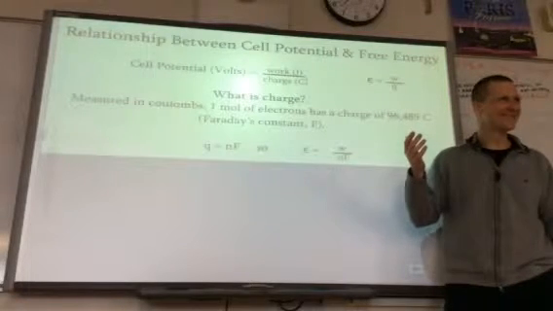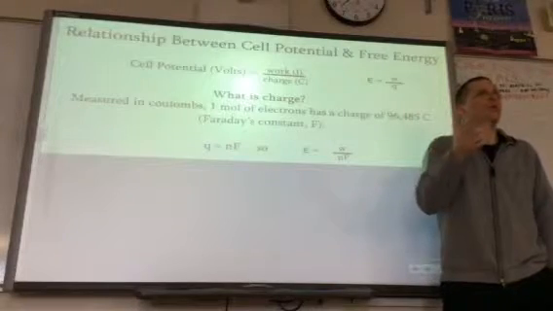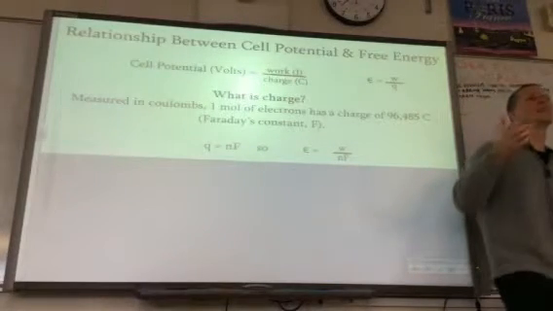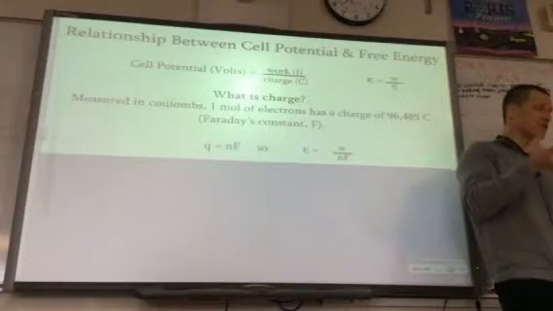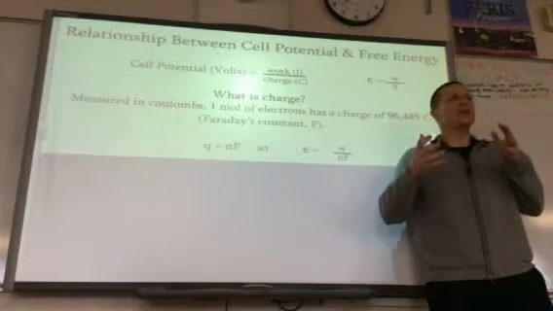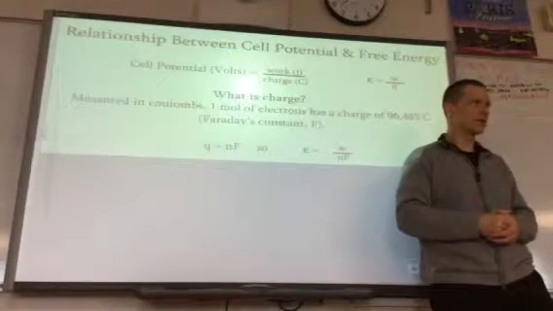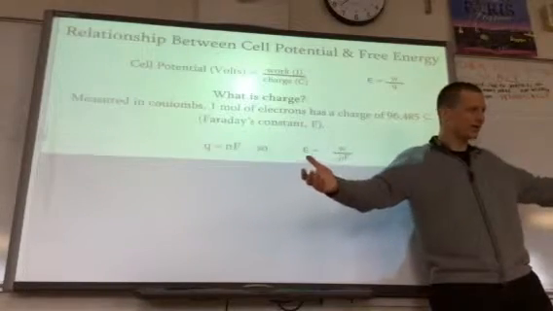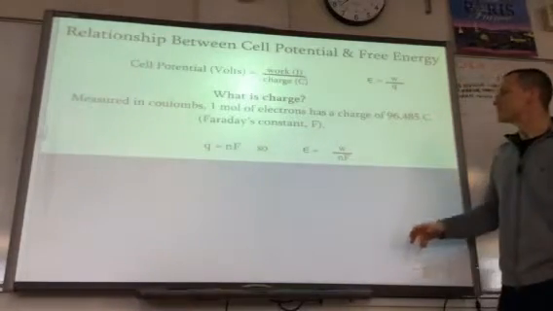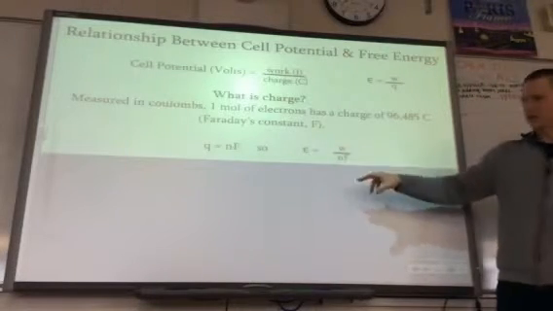It's been a while. It's negative RT ln of K. But what does delta G tell us? Delta G is considered free energy, and free energy really is the energy that the reaction will make available to do work. So if delta G is negative, that's how much work can be done by the system on the surroundings. So that term right there, the numerator, that's what we're going to replace with delta G.